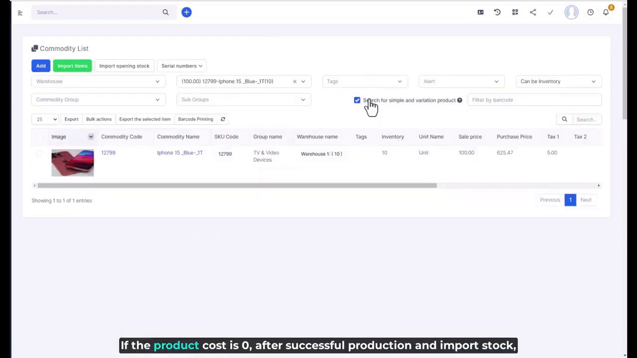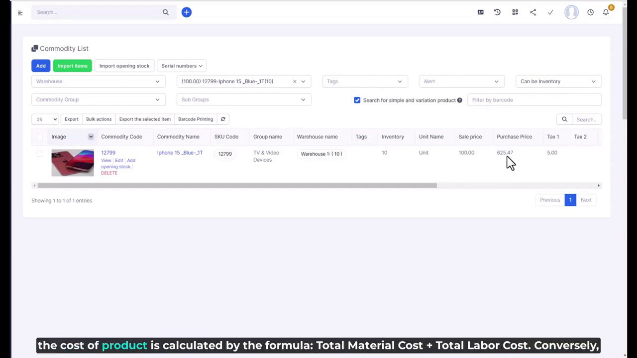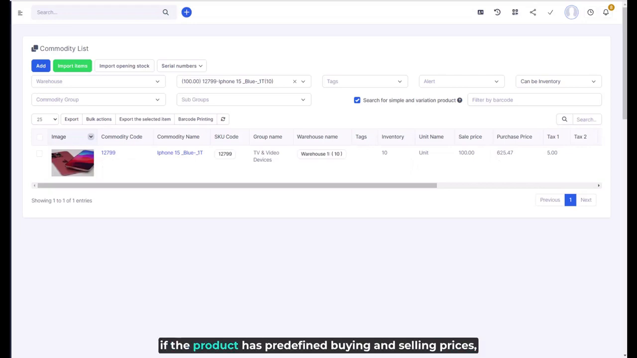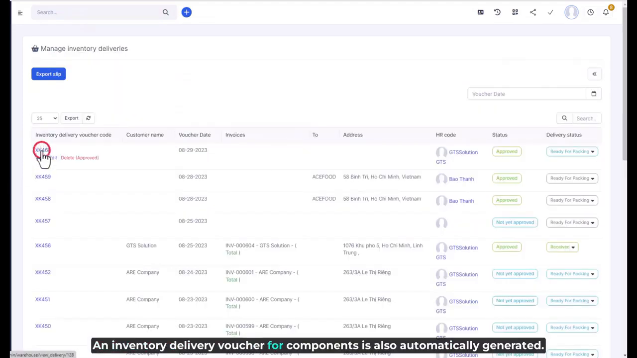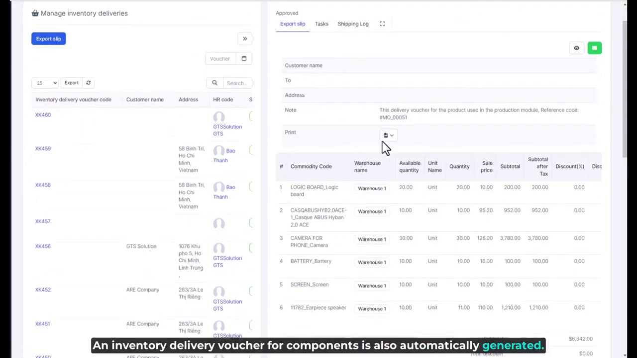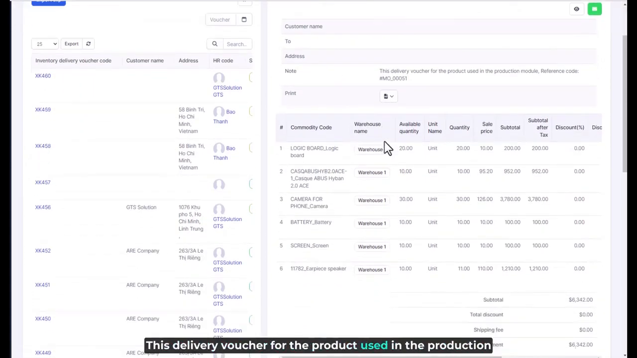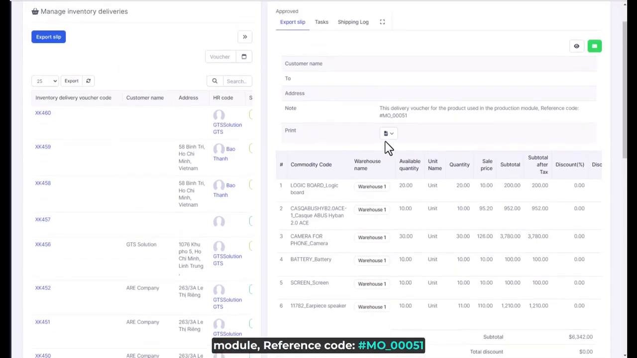#mo_00051. If the product cost is 0, after successful production and import stock, the cost of product is calculated by the formula total material cost plus total labor cost. Conversely, if the product has predefined buying and selling prices, the purchase price will not be changed. And now you can update serial number for the product through the Import Serial Numbers function. An inventory delivery voucher for components is also automatically generated. This delivery voucher for the product used in the production module, reference code, #mo_00051,